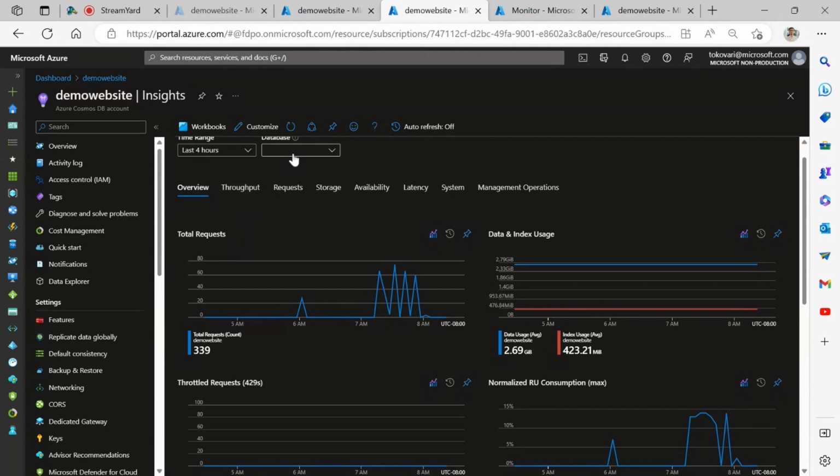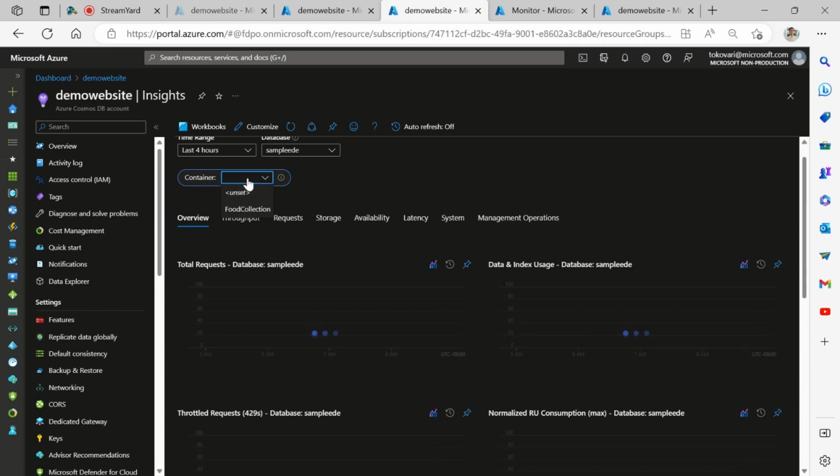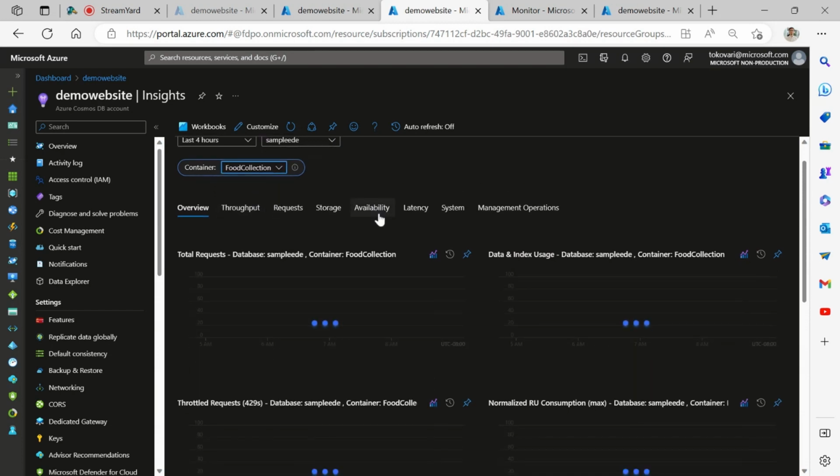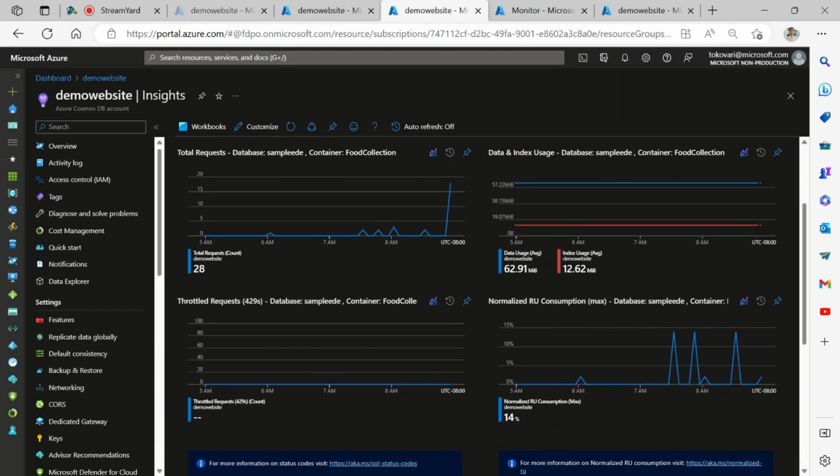If I filter for the same collection and same database that I've just shown, that is the food collection, I can see that the utilization barely hovers above zero for most of the time, suggesting scale down is possible and appropriate. So this was for the throughput part.